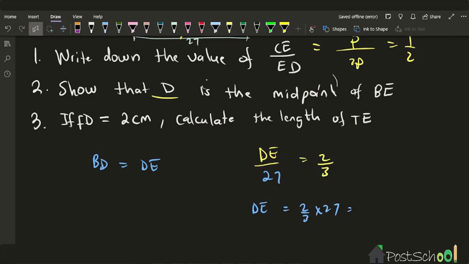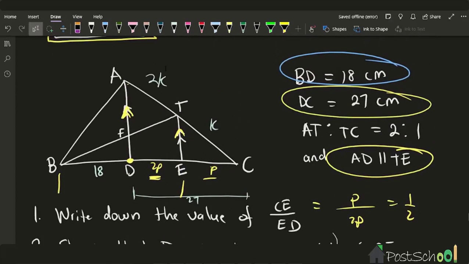Okay, and then by punching that on your calculator, you should get that this is 18 centimeters. So this is 18 centimeters and this is 18 centimeters, so it is a midpoint. So how do we do this? Using 2p and p works because it can help you to recognize that DC, yes, is 27, but we can say